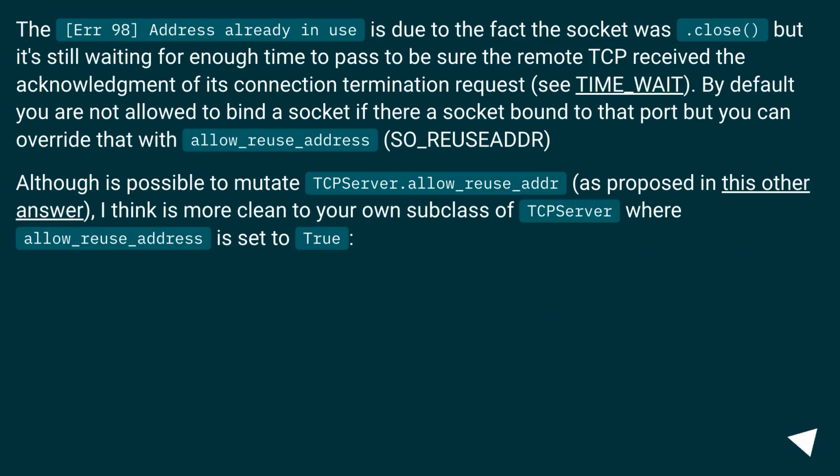The errno 98 address already in use is due to the fact the socket was closed, but it's still waiting for enough time to pass to be sure the remote TCP received the acknowledgement of its connection termination request. See TIME_WAIT. By default, you are not allowed to bind a socket if there is a socket bound to that port, but you can override that with